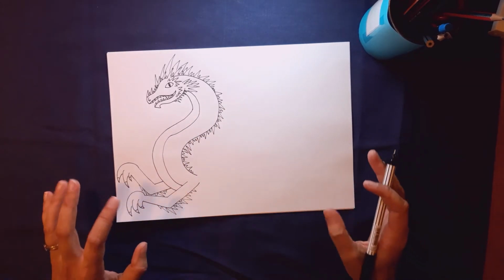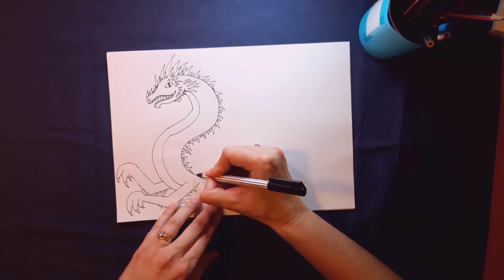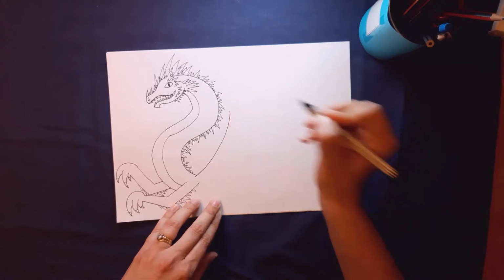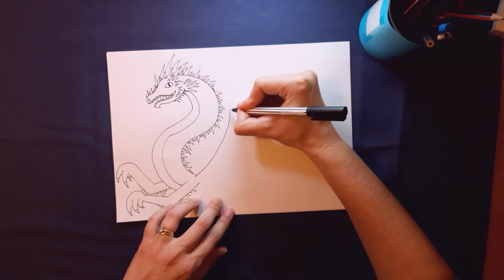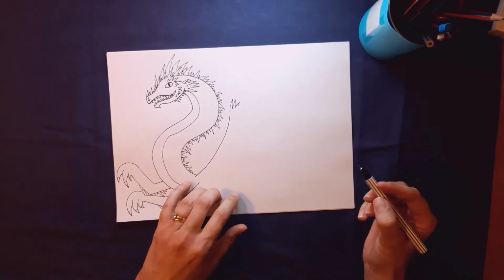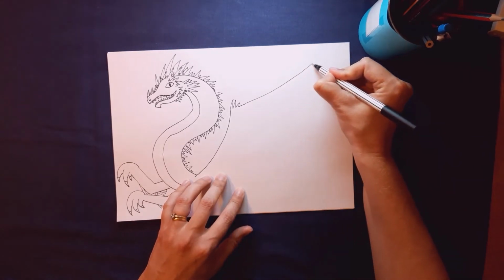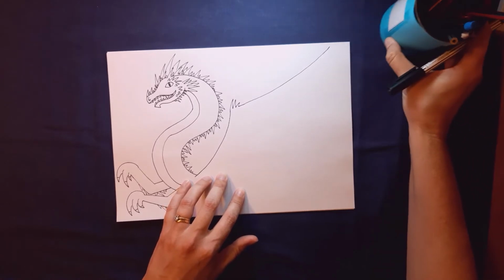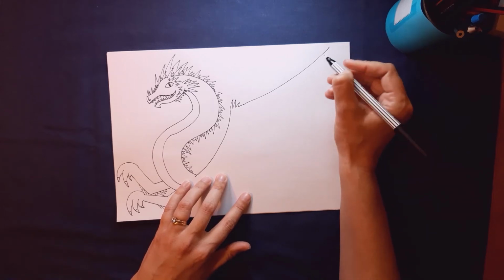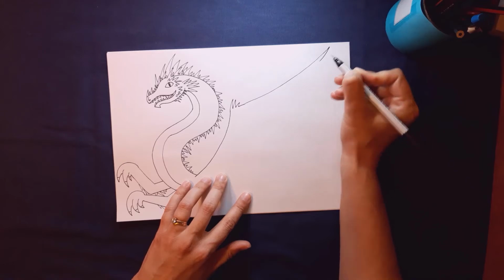Alright, we're going to do his wings. This is the most exciting part that we've all been waiting for. So where we've ended up his body here, we're going to draw a curved line coming up. And we're going to draw some more spikes. More spikes. I'm going to draw another curved line that's going to reach up to the corner of my page. And I want to bring it down again, and it's going to come from a point here, and but it's